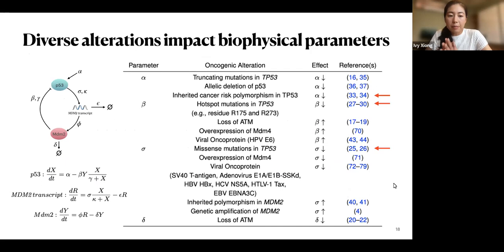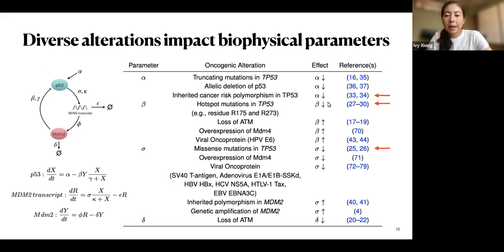So taking this model, now I start to survey all those different mutations I mentioned before, plus a number of more that I didn't mention. So here is basically a summary of what we have learned from molecular biology evidence about PV3 biology, how different mutations impact different biophysical parameters. The table is pretty big, but I want to point out how this inherited polymorphism reduces the production rate of